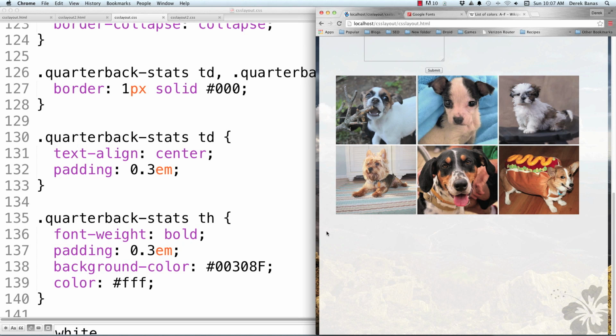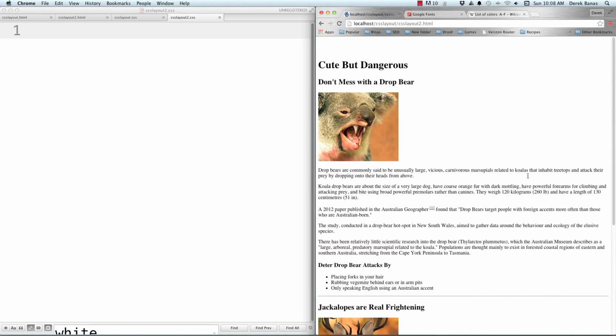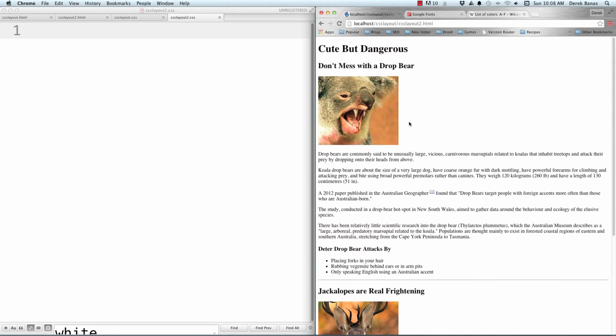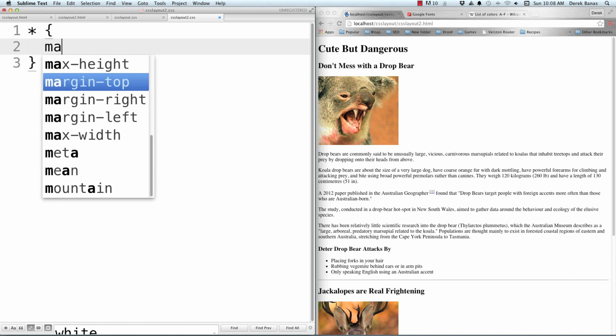Now what I'm going to do is focus in on layouts and how to set up a 2-column layout as well as a 3-column layout. Okay, so you see here I have a basic little bit of HTML, and what I'm going to do is style this into a 2-column layout and then show you how easy it is to transfer it into a 3-column layout. So I'm again going to come in here and target every single thing on the screen, and I'm going